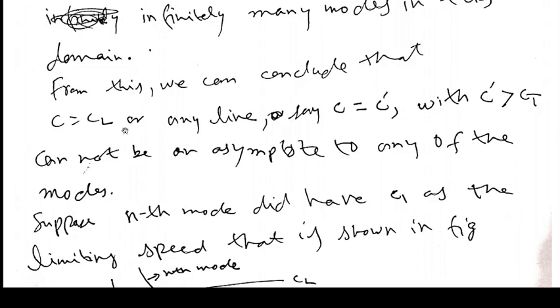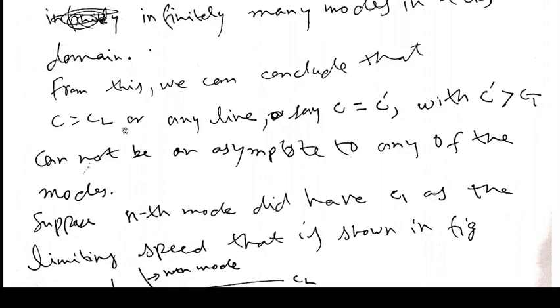Their slope approaches 0 when C approaches CL. So in this case we say that that particular region is the plateau region. That is the definition of the plateau region, that the slope of the mode approaches 0 at C equal